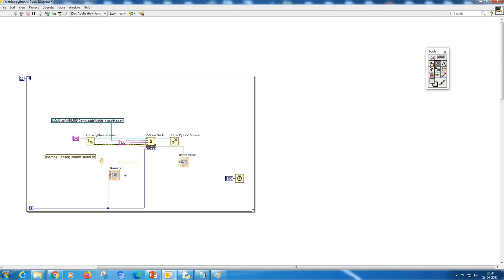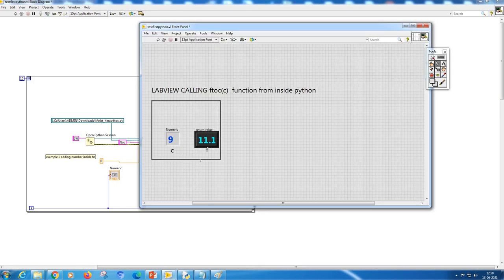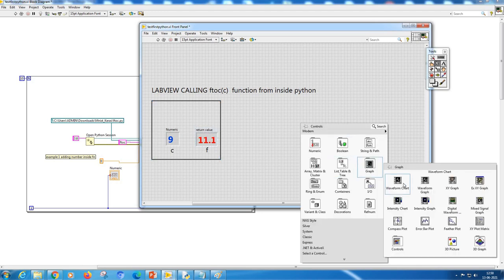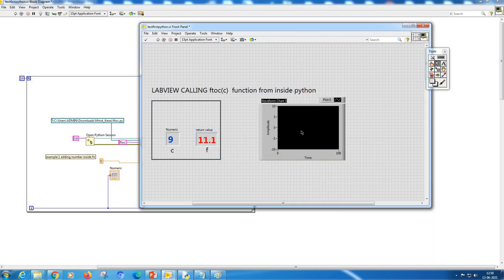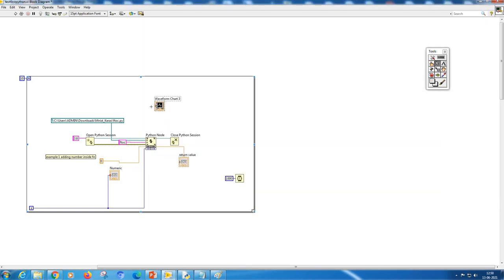As I said, LabVIEW is a very good language for displaying analytics. Now suppose I want to display this data in the form of a graph. I can simply pull in a chart like this. The chart looks like that, and I can simply connect the output of this return value into it.